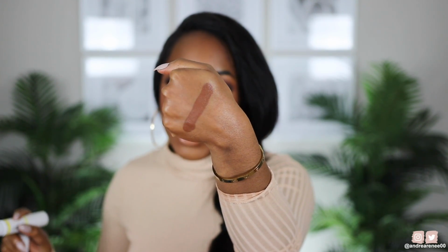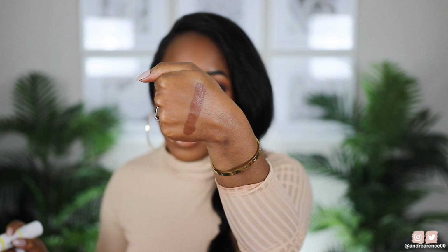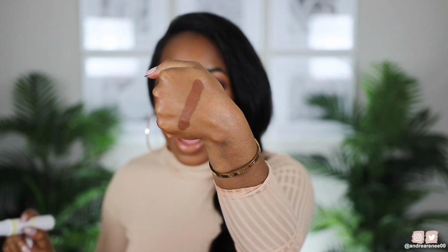Like, girl, this cream bronzer is gonna give you the warmth. It is gonna do what a bronzer is supposed to do. It gives you such a beautiful, warm, glowy look. Girl, I'm gonna swatch it like this on my hand. It is definitely a favorite of mine, and I don't use it as much as I should, but girl, the way that it blends out,